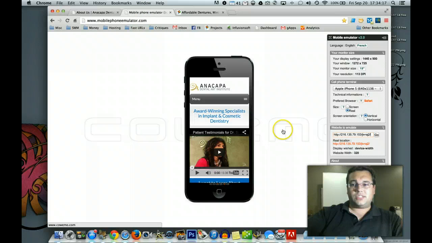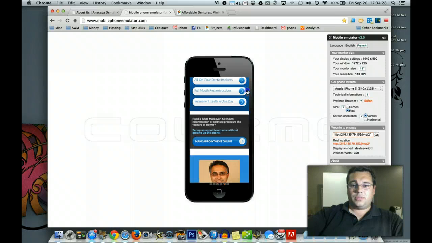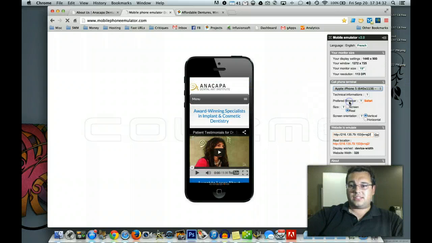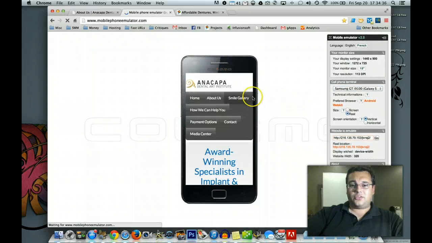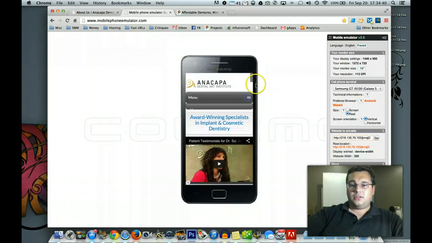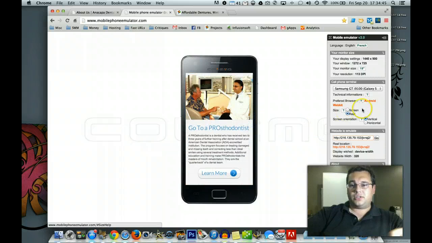What I also have here is a mobile phone emulator, and this is going to show you exactly what this website looks like on, say, an iPhone 5. We can access the menu here, scroll up and down to see. If we kick over to, say, an Android phone, that's exactly what it's going to look like on an Android phone. So no matter what kind of device you're using with a responsive website, it's going to restructure itself